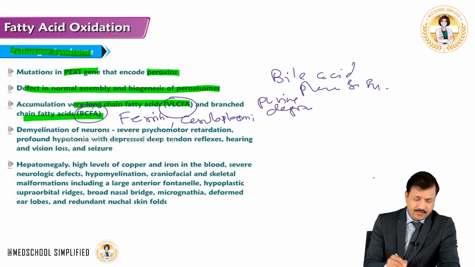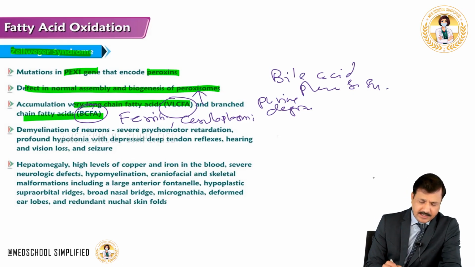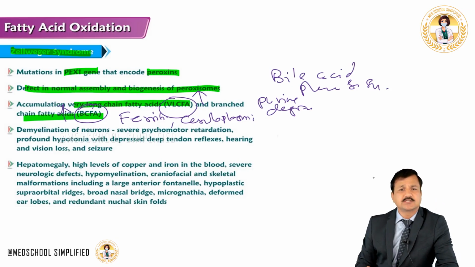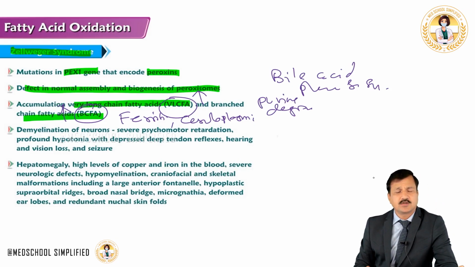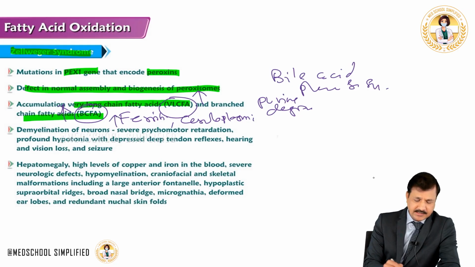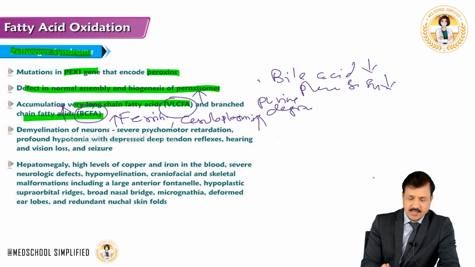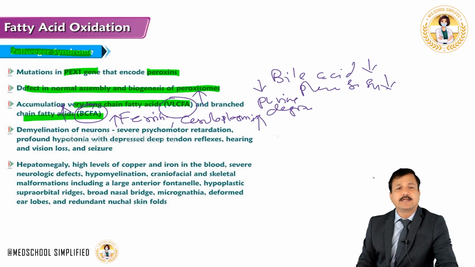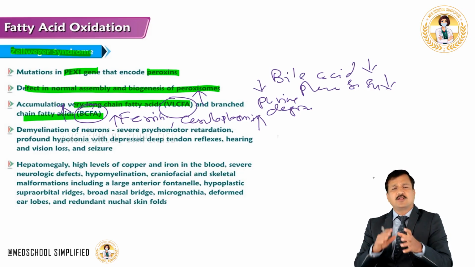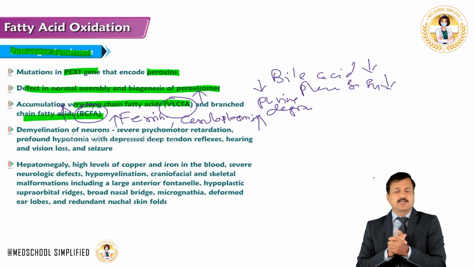That means VLCFA will accumulate because they are not oxidized. BCFA, branched chain fatty acid, accumulates because it is not oxidized. Ferritin will increase, ceruloplasmin will increase, and also there will be a decrease in bile acid synthesis and plasminogen synthesis, and purine degradation will decrease. So because of all these metabolic changes, there can be